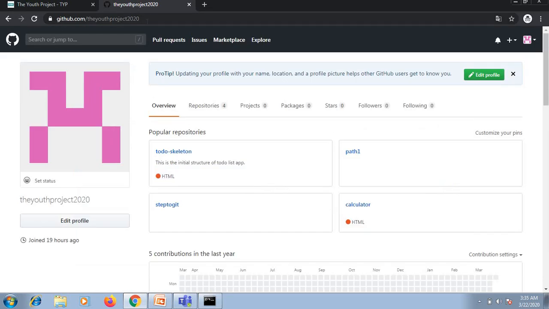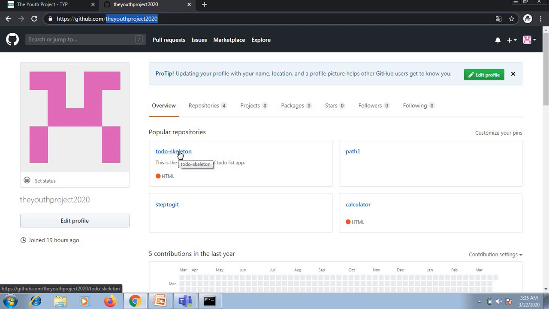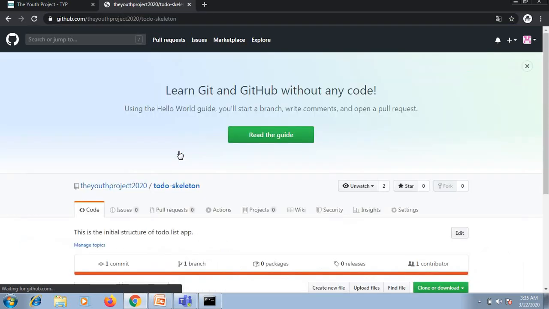Let's say you are on the GitHub profile of the Youth Project and our username is TheYouthProject-2020, and you see there are a lot of repositories present over here. You want to clone a repository named to-do-skeleton. So let's go inside that repository,